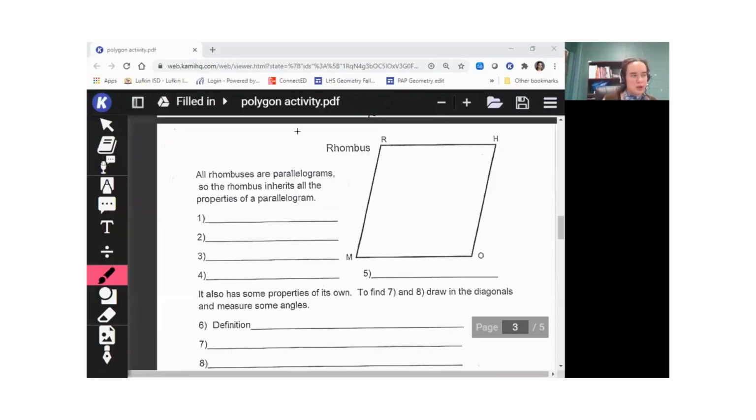Now we are going to work on a rhombus. So all rhombi are parallelograms. So a rhombus inherits all the properties of a parallelogram. So remember, the properties of a parallelogram are that opposite sides are parallel, opposite sides are congruent,